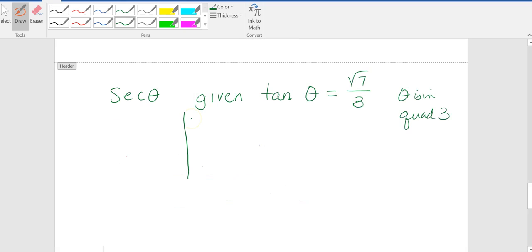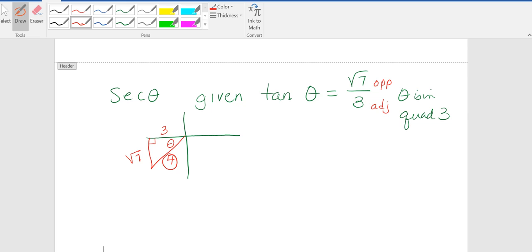Okay, here are the questions that I'm just going to have to write in myself. This one says you have a triangle that's in the third quadrant, so I'm going to draw it in the third quadrant. It tells me that the tan of theta is root 7 over 3, so that would be opposite over adjacent. So the opposite side is root 7 and the adjacent side is 3, which makes the hypotenuse here 4, and I get that by using the